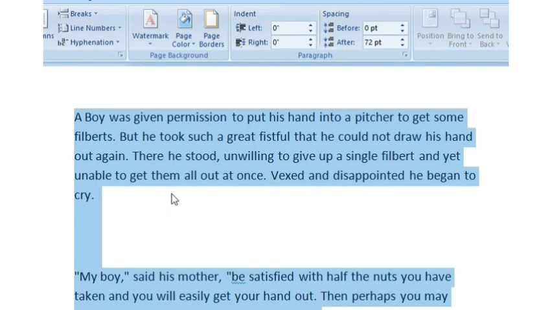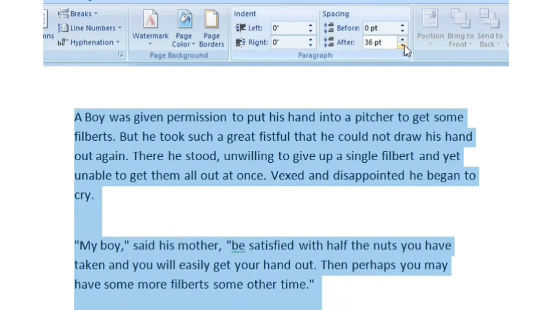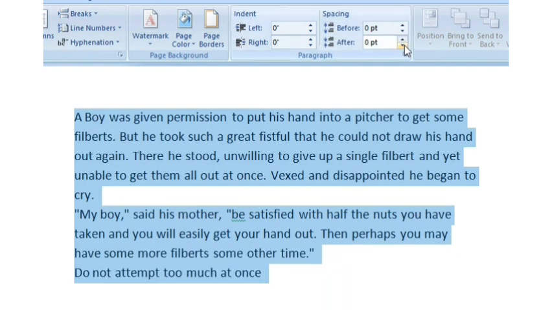Now when I increase the value of After spacing, the space between two paragraphs is increasing. Alright, so this way we can change the look of our document.